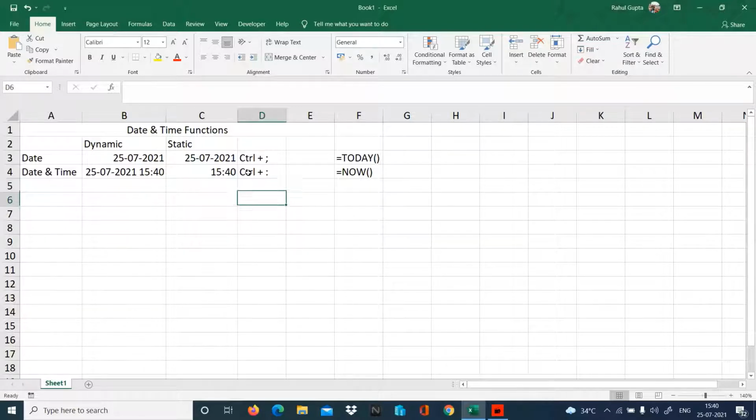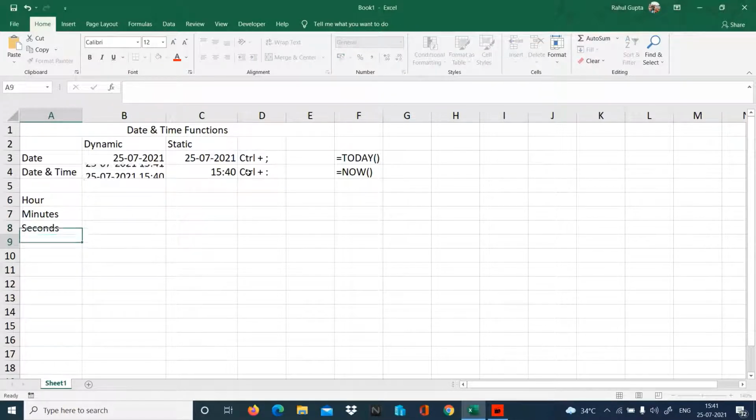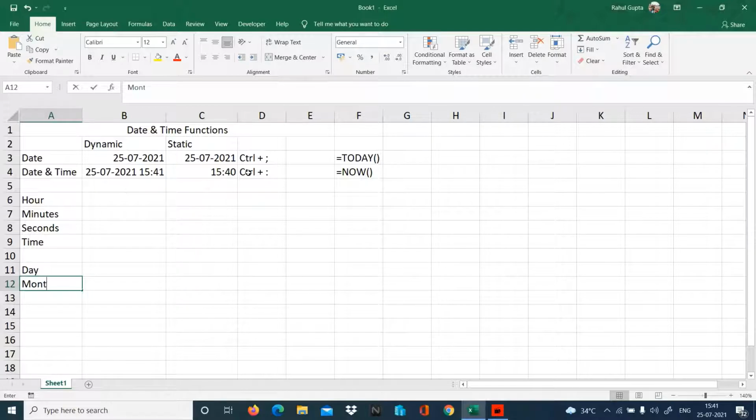Now I need to extract a few more things from this, like hour, minutes, seconds, and again make a time. I also need to extract day, month, year, and again make a date.